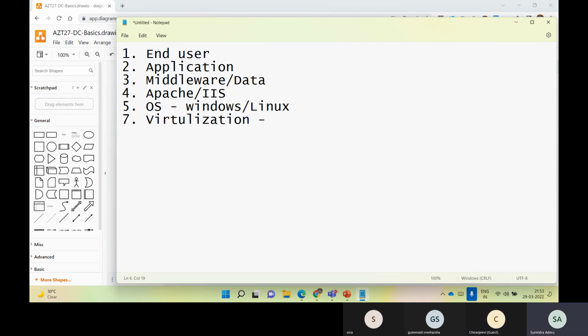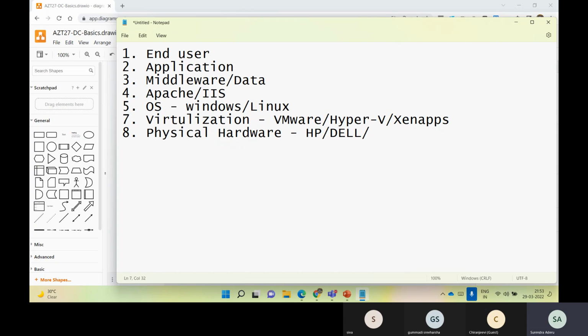If you are taking VMware, it can be VMware. If you have a Microsoft product, it is Hyper-V. If it's Citrix, we have XenServer and all that stuff. To configure this virtualization, what you need is physical hardware, correct? Till now, able to follow, guys? Yes. Typical hardware is required. This hardware can be from any vendor, HP or Dell, or an IBM. So this vendor can be anyone.